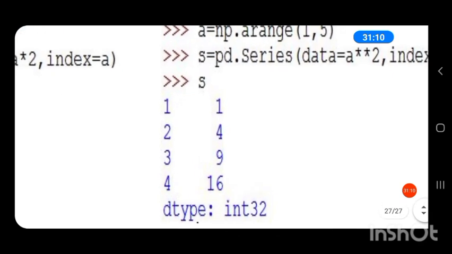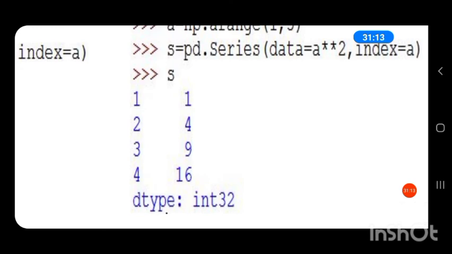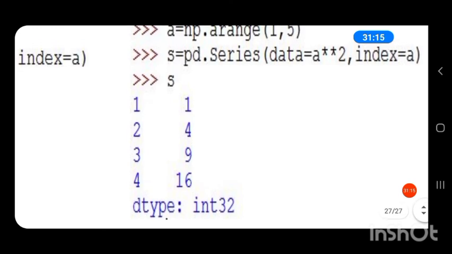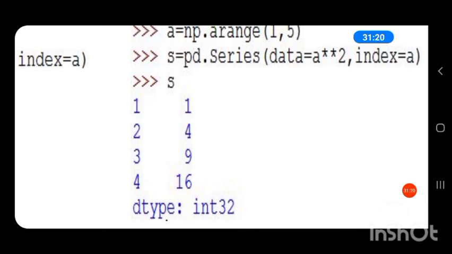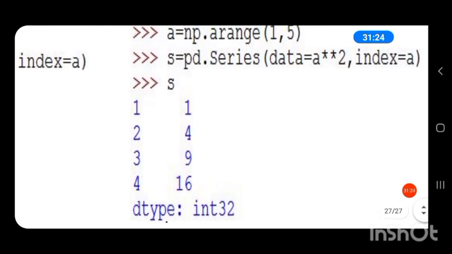You can see the index values 1, 2, 3, 4, and the corresponding data is the square of that index, since data is equal to A star star 2. So 1 square is 1, then the data corresponding to index 2 is 2 square, that is 4. The data corresponding to index 3 is 3 square, that is 9. The data corresponding to index 4 is 4 square, that is 16.